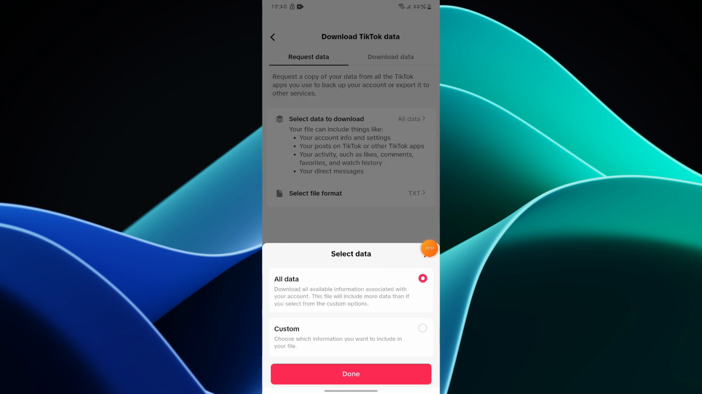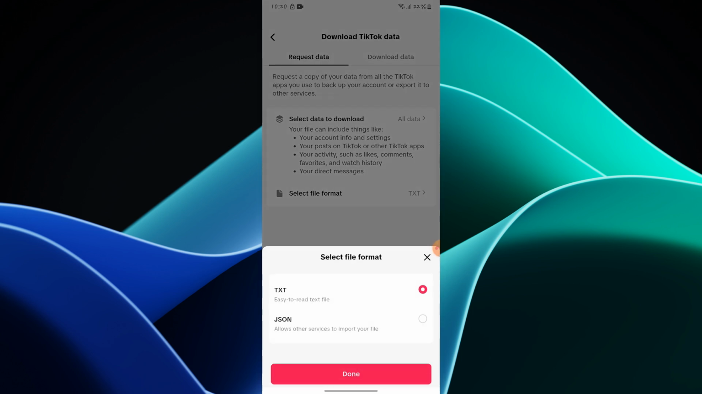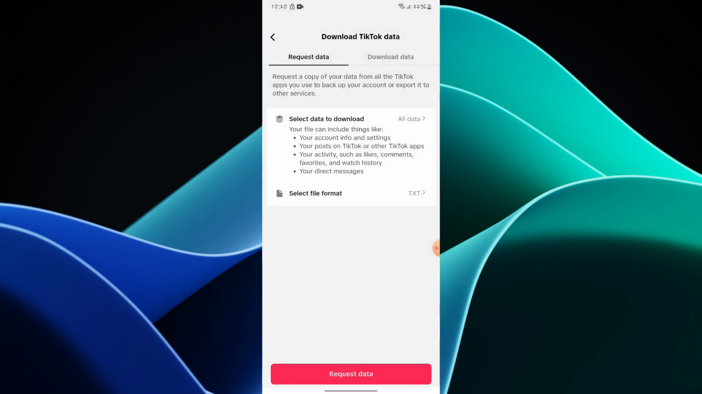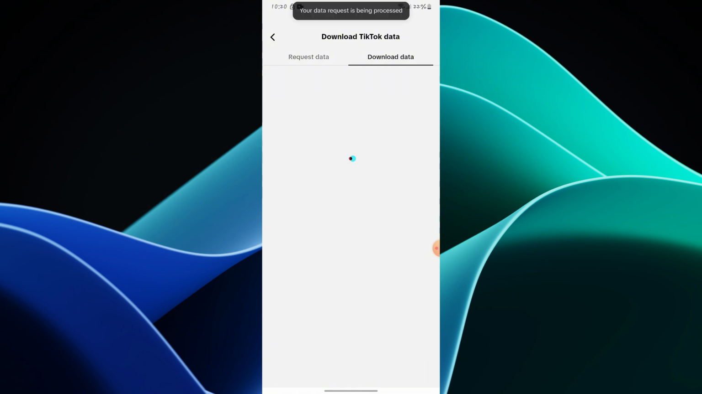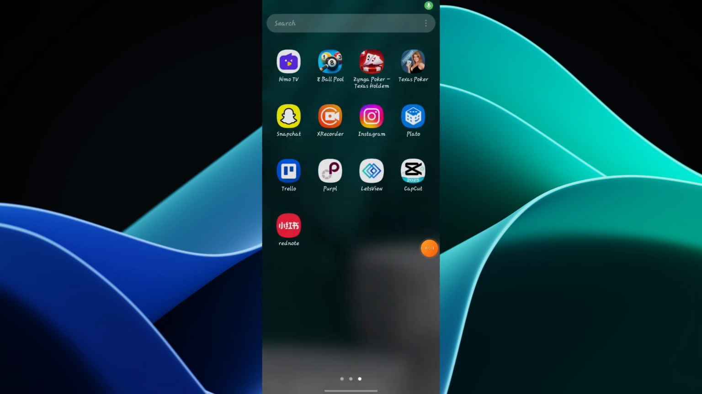Then you're gonna select file format. And in my case I'm gonna keep it as txt and then complete. And then request data. Then you have to wait for the request to get accepted. I'm waiting for my request to be accepted, but in this time I will be showing you how to transfer